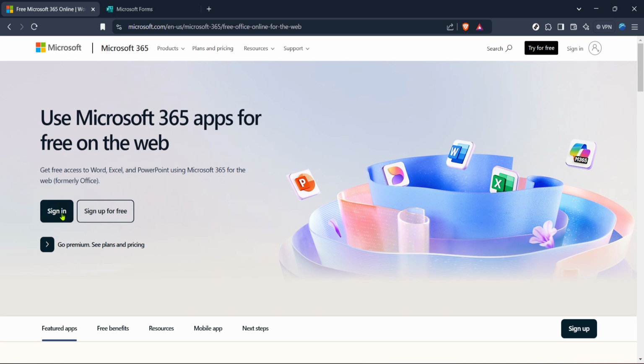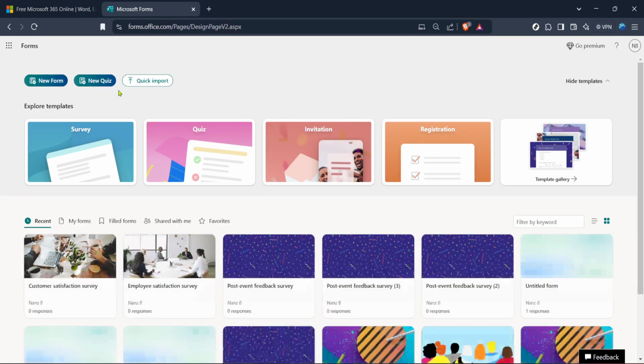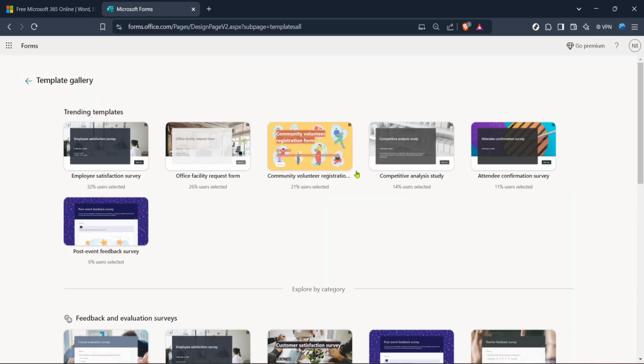Here, you have the opportunity to create and design your forms from scratch, but one of the real time-saving features is the vast array of pre-made templates available. On the main page, look for the option labeled Template Gallery. This gallery provides a collection of pre-designed forms that cover a wide range of needs from business to education and everything in between. Navigating to this section can save you a lot of time, as these templates are fully customizable and can be adjusted to fit your specific requirements.